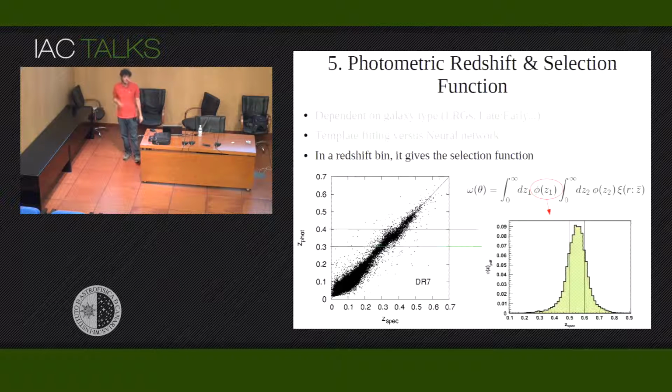For the study of galaxy clustering, if we want to fit the full shape of the angular correlation function, the uncertainty in the redshift will give you the selection function. This represents the real distribution of galaxies as a function of redshift. We study the angular correlation function in redshift bins. So in this case,